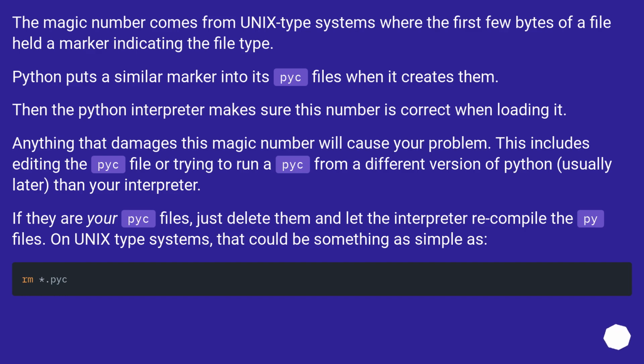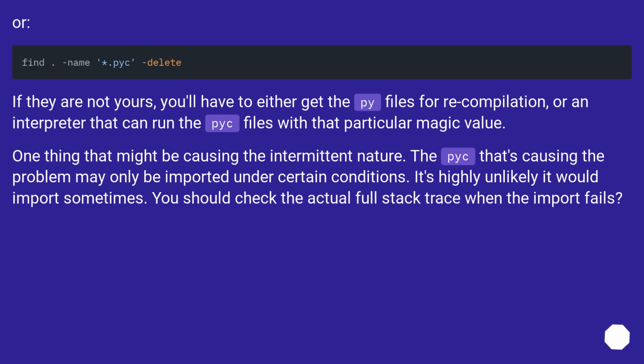This includes editing the Python file or trying to run a Python file from a different version of Python, usually later than your interpreter. If they are your Python files, just delete them and let the interpreter recompile the Python files. On Unix-type systems, that could be something as simple as